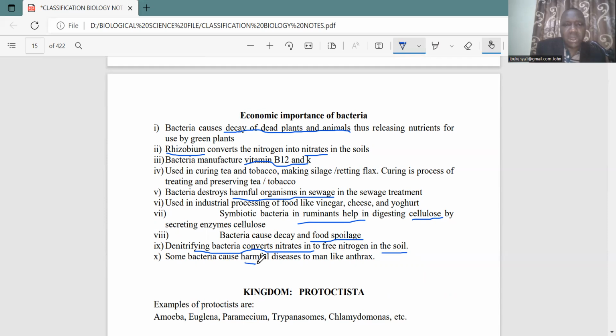But we also know a number of bacterial diseases in animals, wild animals and livestock, a number of bacterial diseases in humans. And pharmaceutical industries manufacture antibiotics simply to help us kill these bacteria and to treat the bacterial diseases. So, ladies and gentlemen,